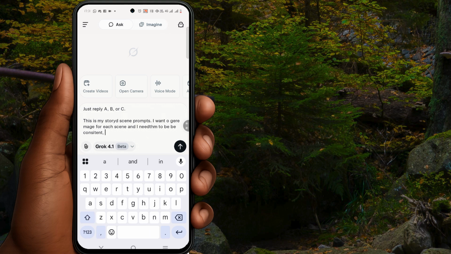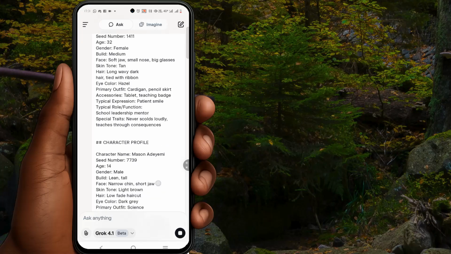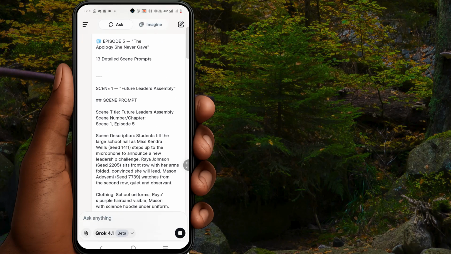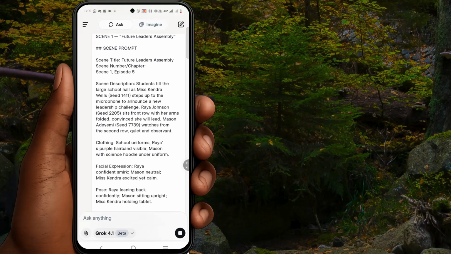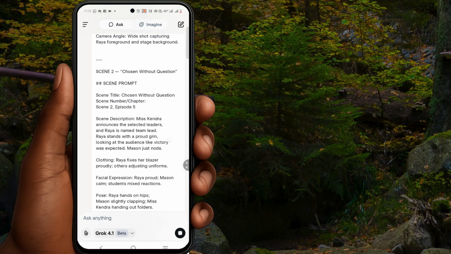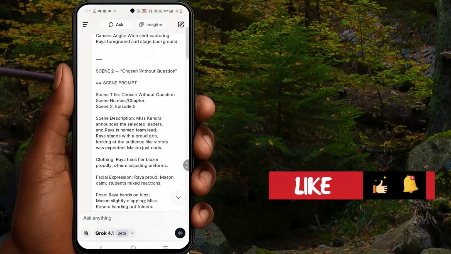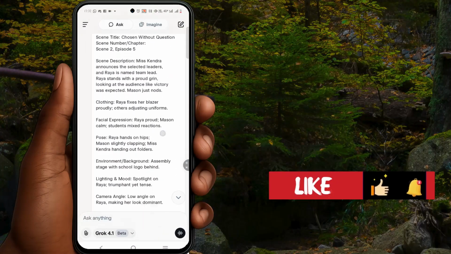Hence, use their names. So here's scene 1, there's scene 1, there's scene 2, there's scene 3.